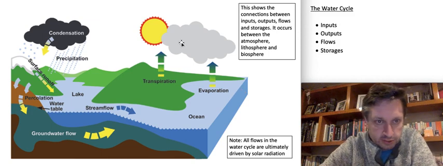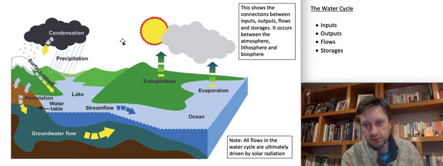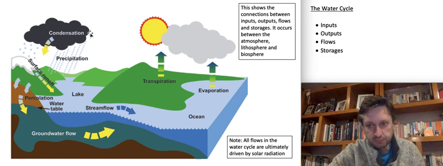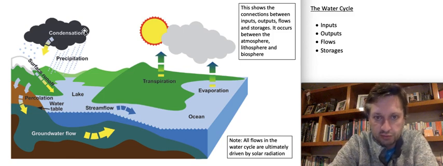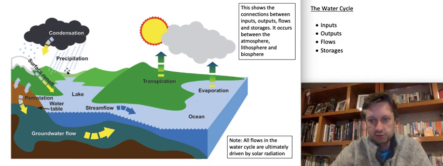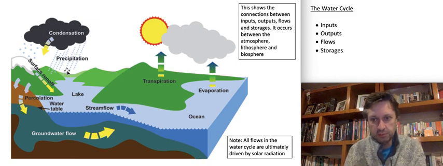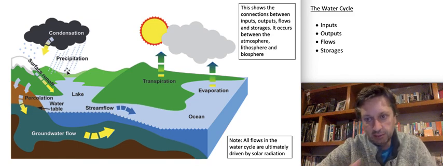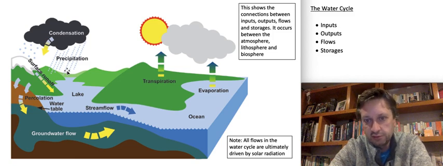We'll begin with inputs. Well, usually on a water cycle system diagram, there's only one input, and that input is precipitation. So water comes in the form of rainfall or maybe snowfall. There's probably one exception to that. Depending on the boundaries again of your system, you could say that water can be inputted by human activity or humans physically moving water supplies. A very good example of that, a good case study that we're going to look at further in the class,